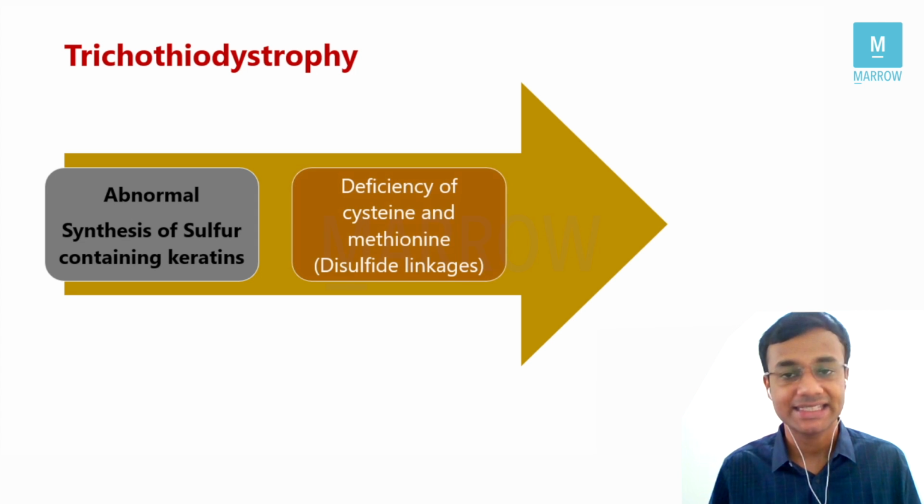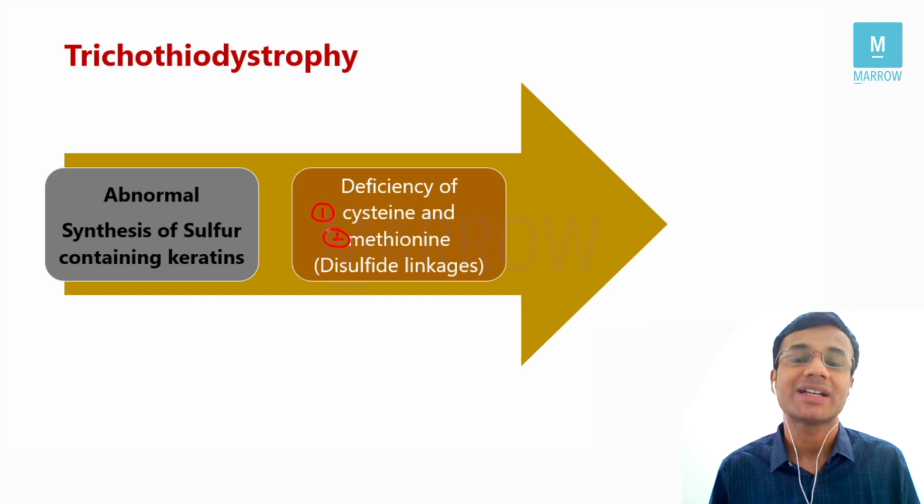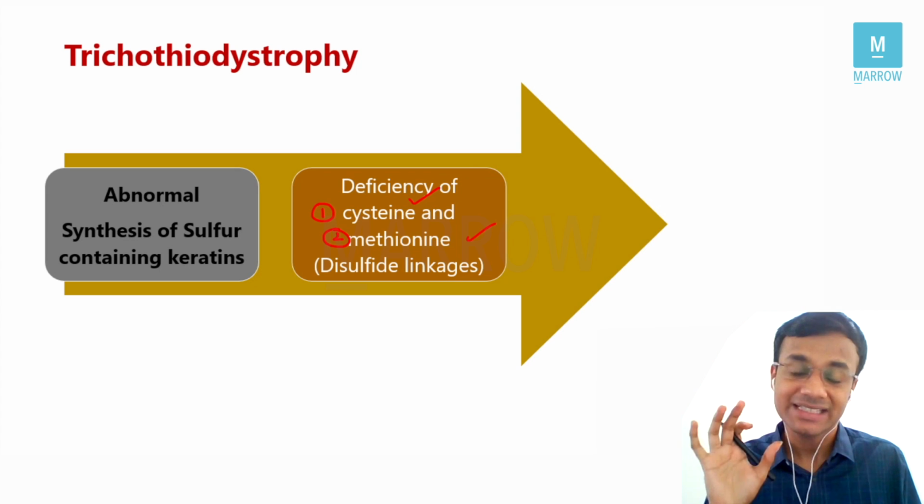So number 1 is cysteine and number 2 is methionine. Both these are sulfur containing amino acids, and these sulfur containing amino acids are responsible for the disulfide bonds. And now we understand why biochemistry is so very important. Once you understand biochemistry, you'll be able to easily understand this topic. So these 2 amino acids, cysteine and methionine, are responsible for maintaining the disulfide bonds, and once these amino acids